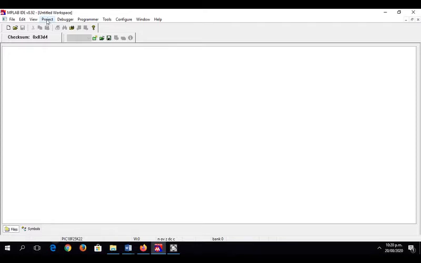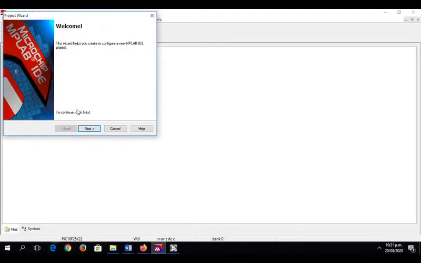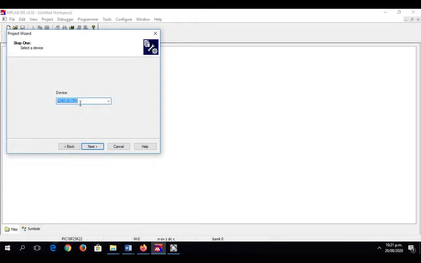From this project menu bar, I need to click on the project wizard. When you click on the project wizard, a window will pop up and you have to select next. Then from here you need to select the appropriate device, that means the microcontroller that you want to use for